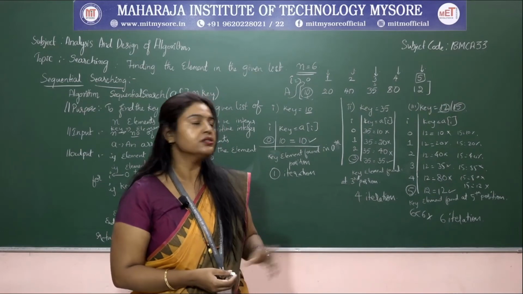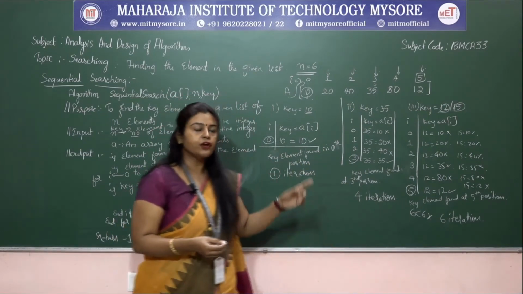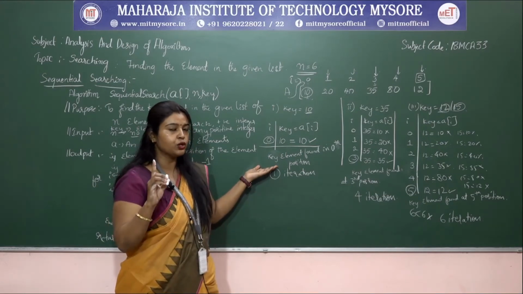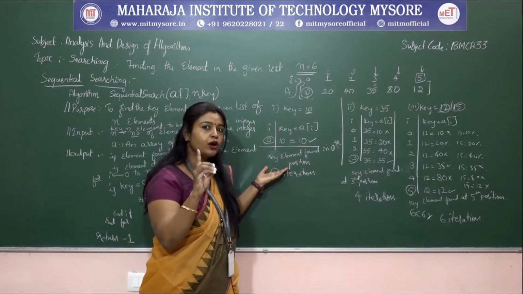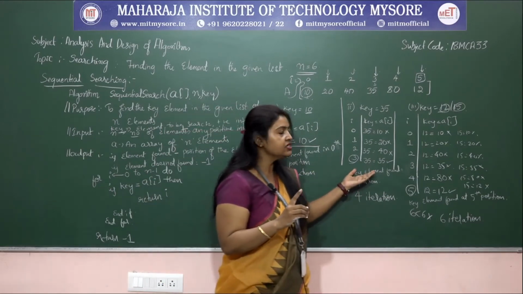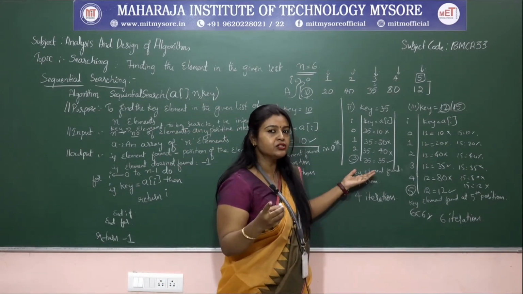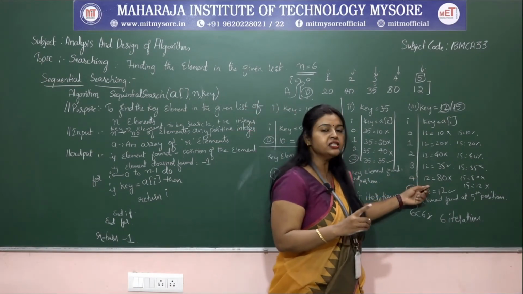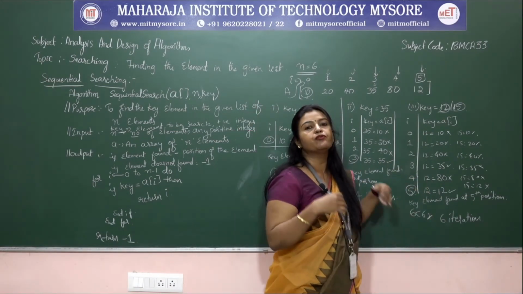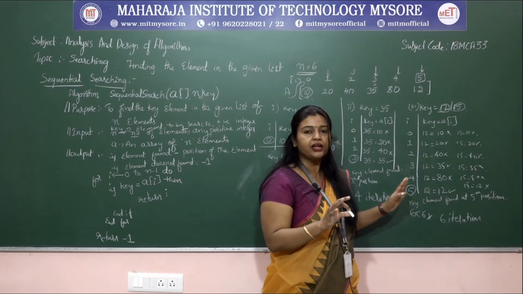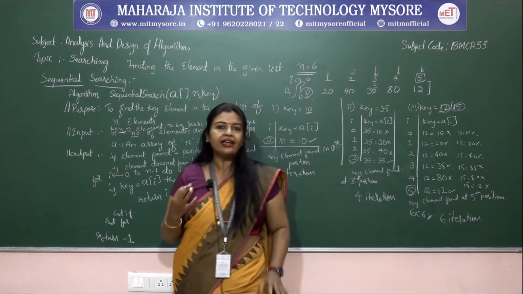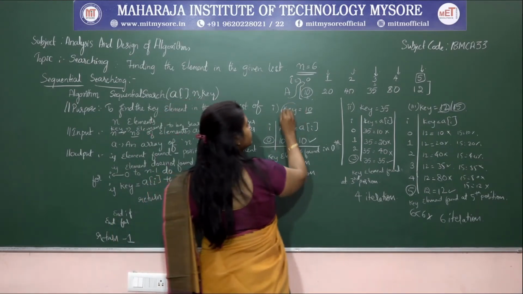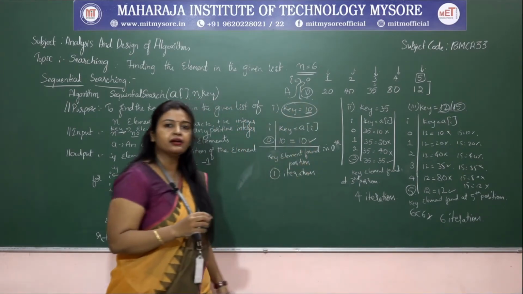So why I am discussing these things is, if you observe, in this type of input we have executed our basic operation only one time. And in this case, even though you have 6 elements, we have compared only with 4 elements. So here in this case, we have 6 elements, we have performed all the 6 operations, right? So it is varying. Based on what is it varying? Only based on the key element, right?